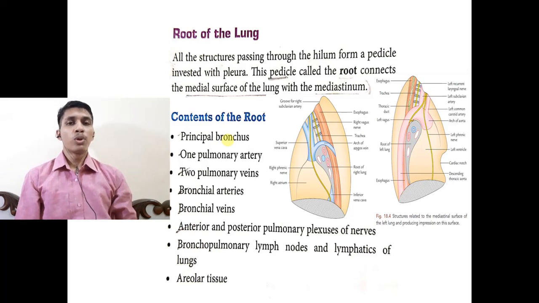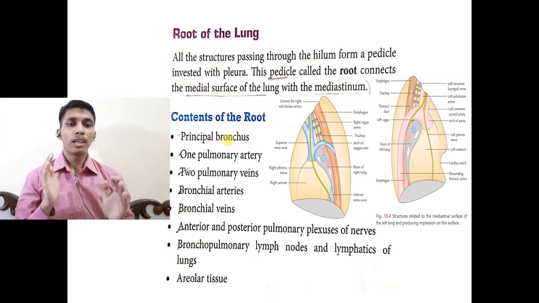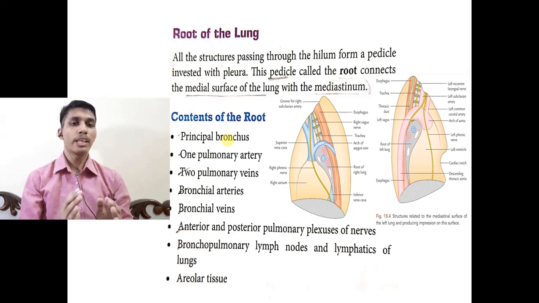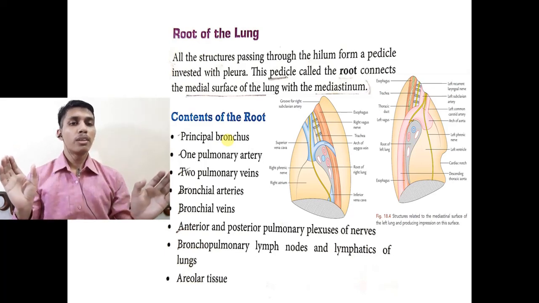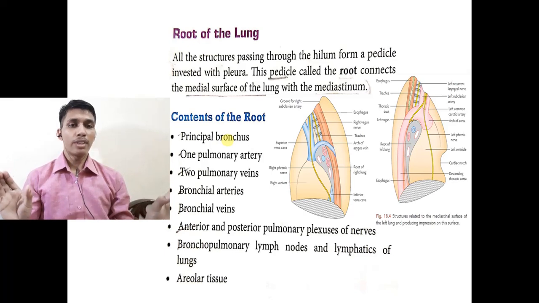Today I am dealing with the most important topic of lung anatomy, that is the root of the lung. In the previous videos of the body cavity in the basic anatomy series and the mediastinum in the thoracic anatomy, we have studied about the mediastinum. That mediastinum is present in the central part or the intermediate compartment of the thoracic cavity, in between the two pleural cavities, and basically inside the pleural cavity the lungs reside.